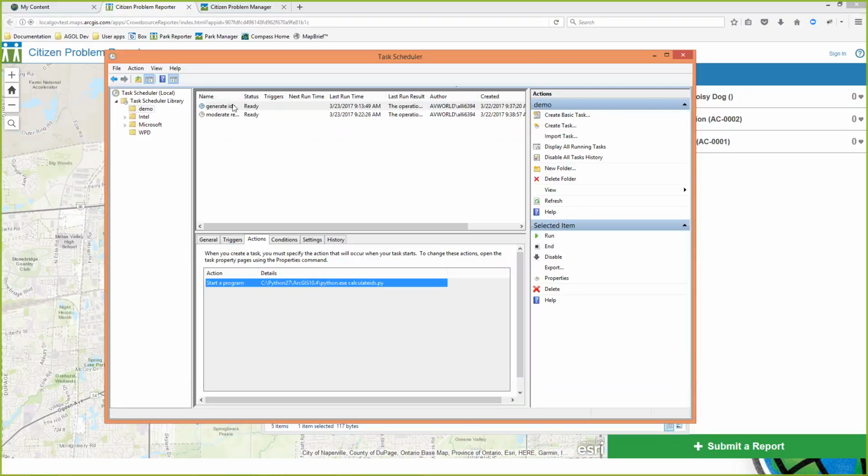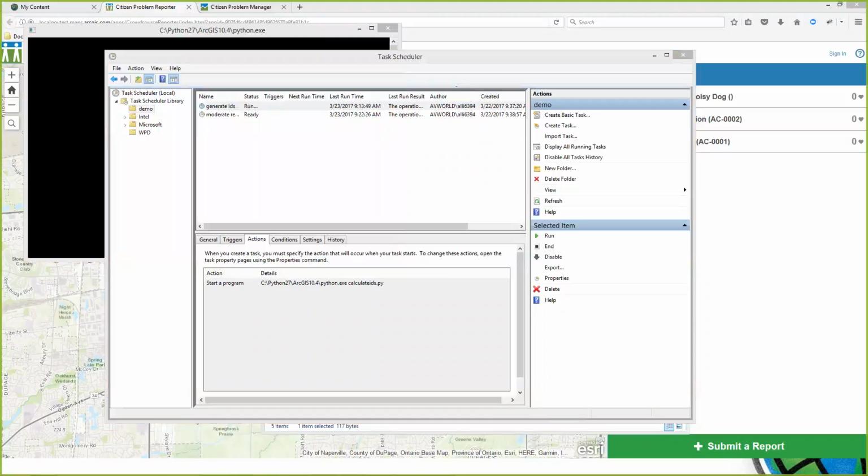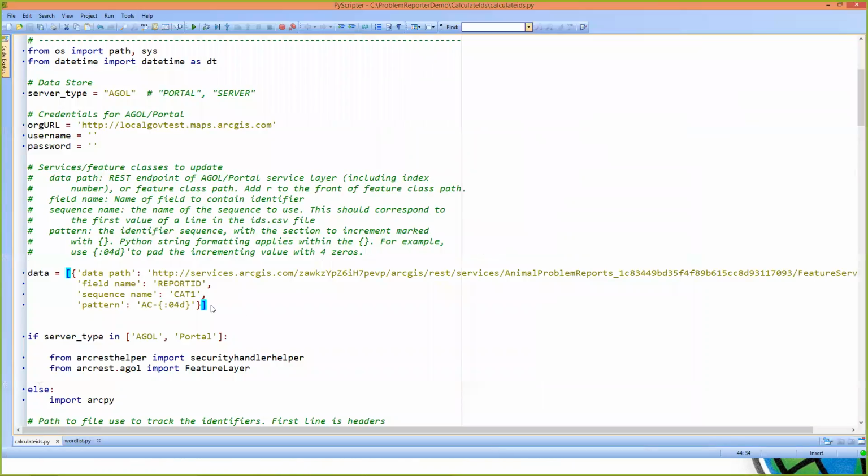And right now I have this script set up only to run manually, but you could set this up to run on any schedule you'd like and repeat on any interval you'd like. So you could set this up to run, for example, every 5 minutes. So every 5 minutes, any new issues that have come in will have an ID assigned to them. And it takes a minute, so I'm just going to send that off while we take a look in at